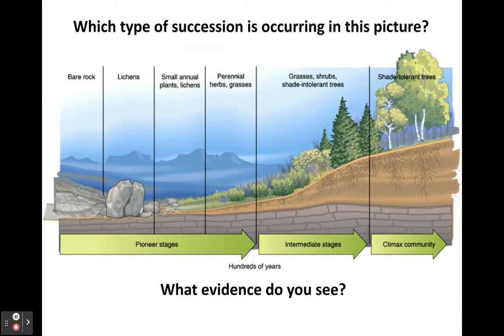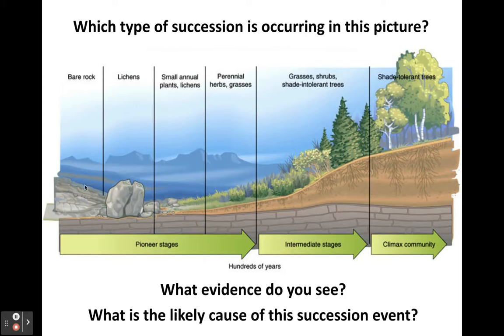And that means, hopefully, you're thinking of primary succession. So what type of event might have caused this succession? Glaciation. As glaciers retreat, you're going to have just bare rock. In this case, your first stage, sometimes these stages are often called seral stages or seral communities, or even just sears. So the pioneer species are lichens that spread as spores.